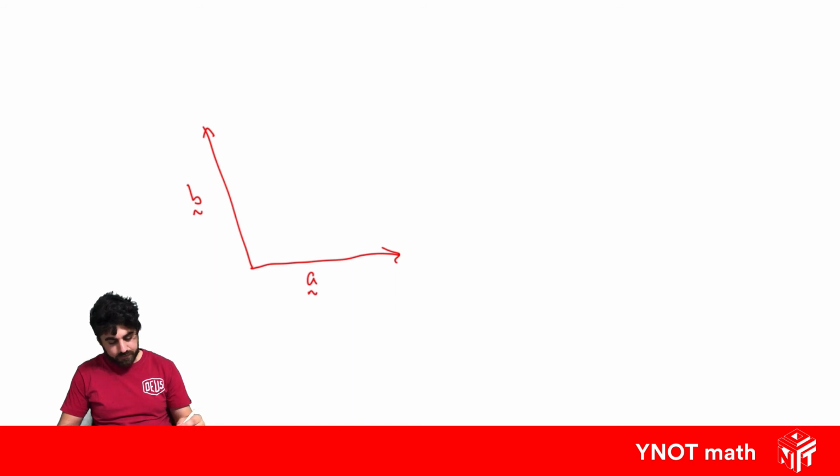So what we can do is we can imagine either A or B acting in a negative direction. So we can imagine B going like this, and this would be negative B because it's acting in the exact opposite direction, which would mean this would be the resultant vector, which is the addition of these two, which is A minus B. But that's actually the same vector as this one here,